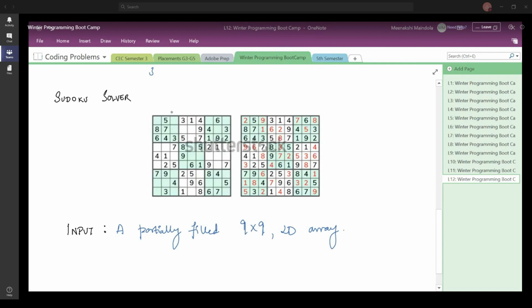The condition is that no digit should be repeated in a row, in a column, as well as in the submatrix. So the occurrence of a digit should not be repeated in a single row, in that particular column, as well as in that subgrid or submatrix.